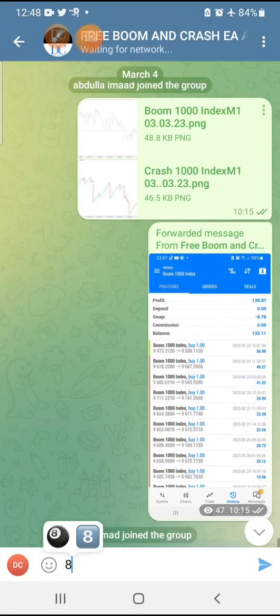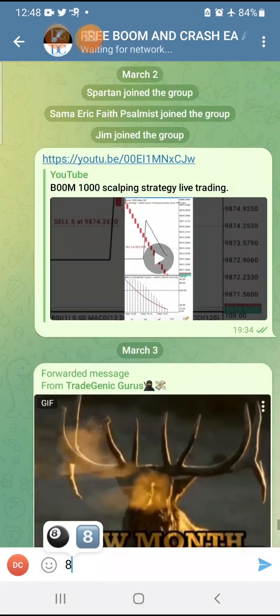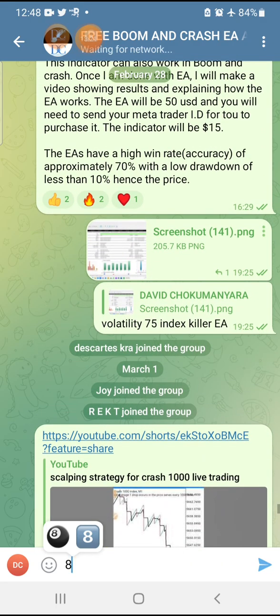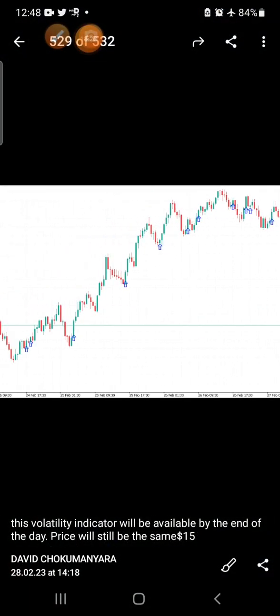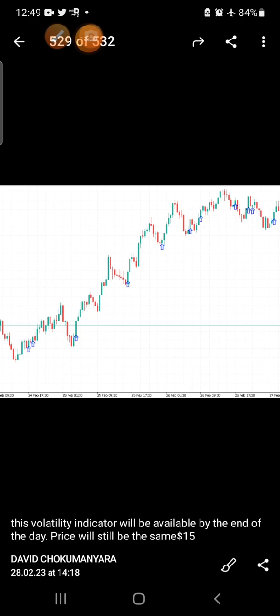And I have also created what I call the volatility index killer arrow. This is the volatility index killer arrow. This one works in all the volatility indices, all those that you know, and it can also work basically from the 50-minute time frame going upwards up to the daily time frame. These arrows make trading so easy because there will be no need for you to analyze the market. The arrows will do the analysis for you, and you can simply buy and sell making use of this arrow,